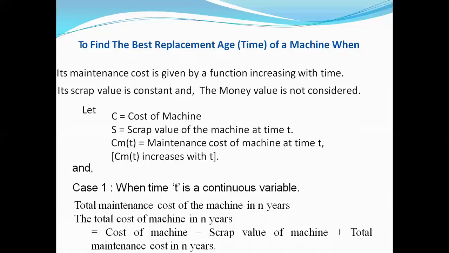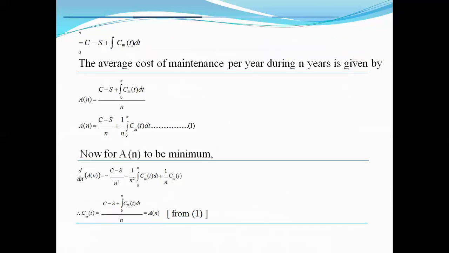cost of the machine in n number of years, that is, the total cost of the machine, is equal to the cost of the machine minus the scrap value of the machine plus the total maintenance cost in the n years. So n may be 2 years or 3 years, depending upon the type of material or machinery that is being utilized. It is integration of 0 to n of C minus S plus integration of 0 to n of Cm of t,